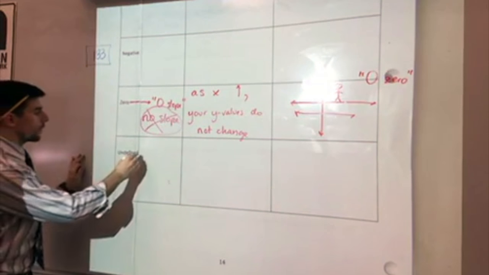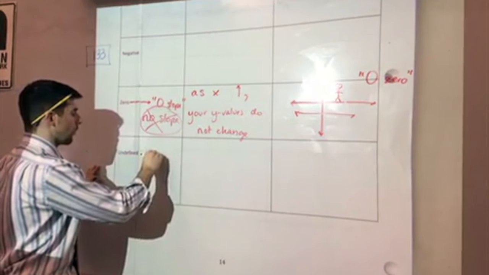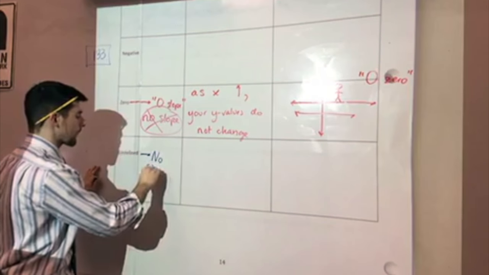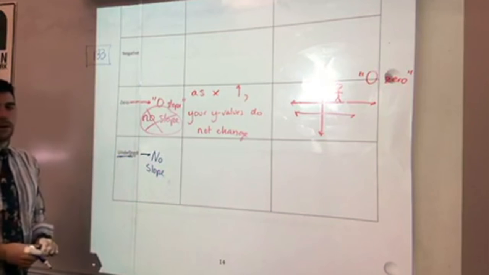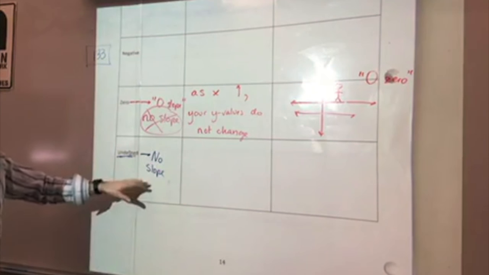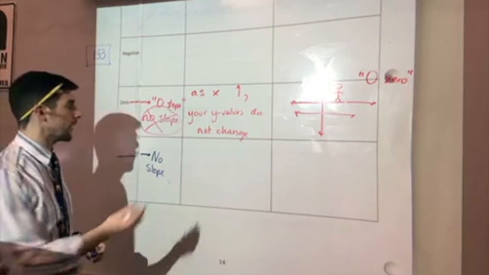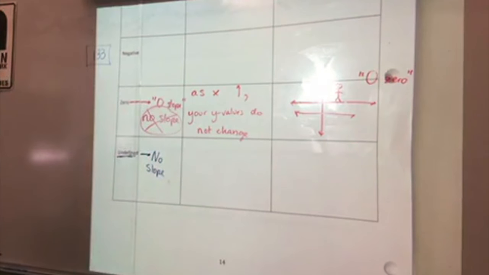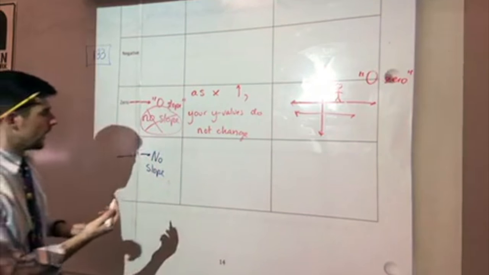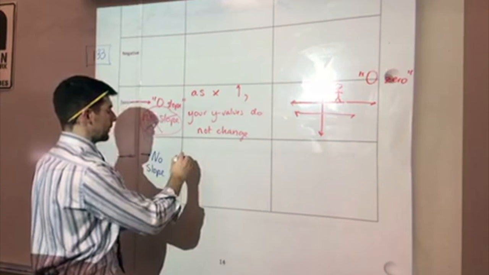Now, undefined slope. This is actually where the term no slope makes more sense, but the better way to phrase it is still undefined. There is a slope, we say it's undefined. No slope is more acceptable there. This is actually the most different. Give me a second. So this is the strangest definition. It's saying